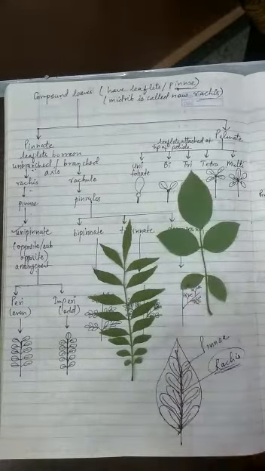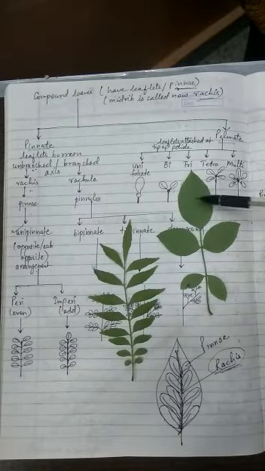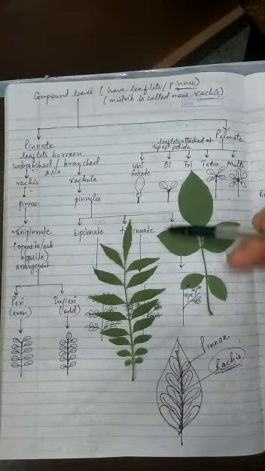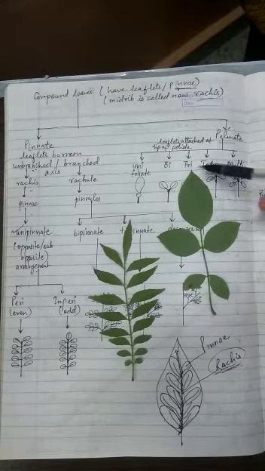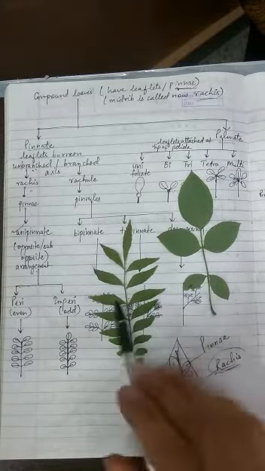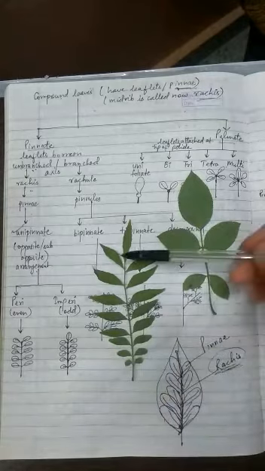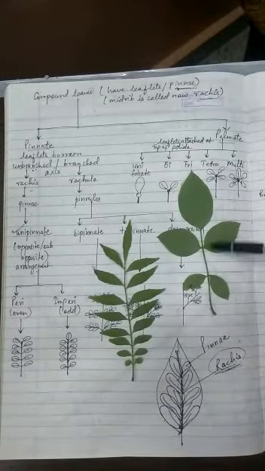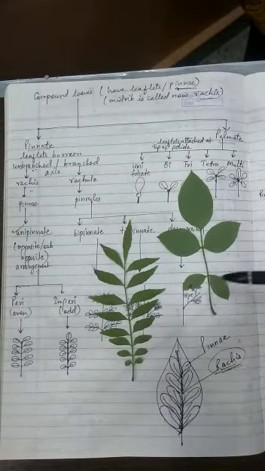This is a rose leaf. Now many of you will think that this is the leaf of the rose, but the reality is this whole thing is one leaf of the rose. Same thing, I think you are able to make out. Now you can see there is one rachis only, but let me give you another example.